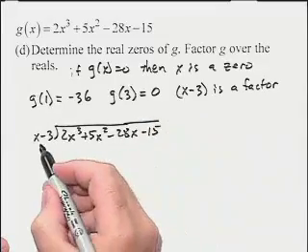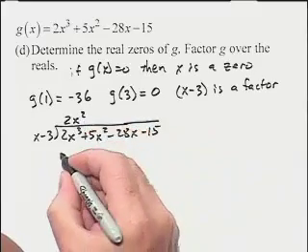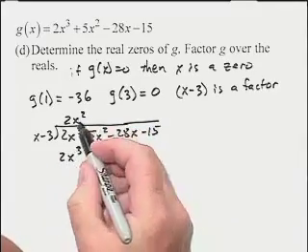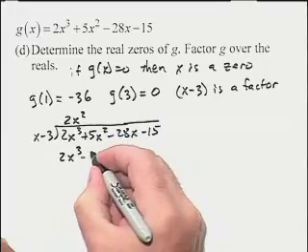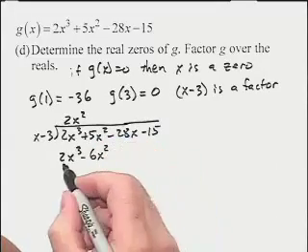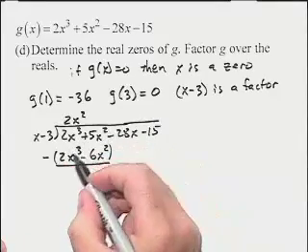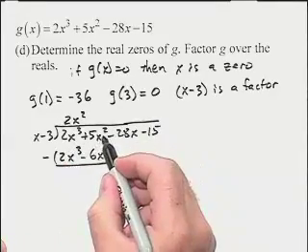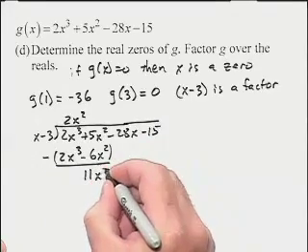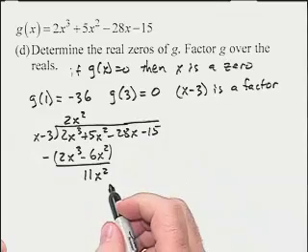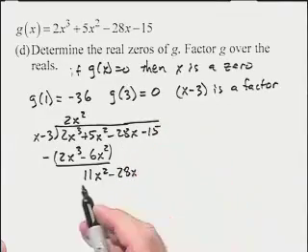If we look at 2x cubed, we need to multiply x by 2x squared to get 2x cubed. 2x squared times x is 2x cubed. 2x squared times negative 3 gives us minus 6x squared. When we subtract that, 2x cubed minus 2x cubed is 0. 5x squared minus a negative 6x squared gives us 11x squared. Since the minus the negative makes it plus,